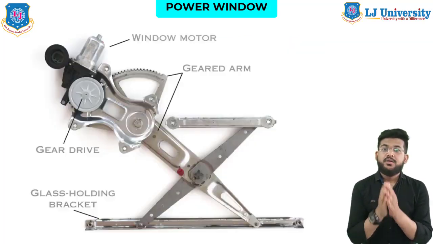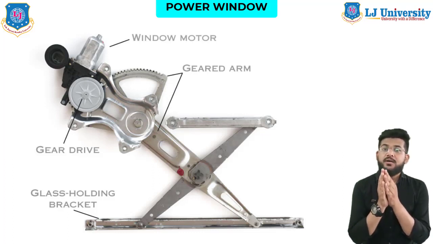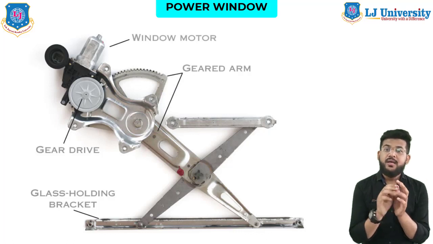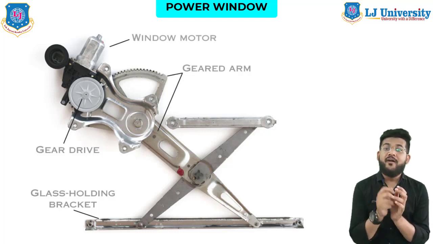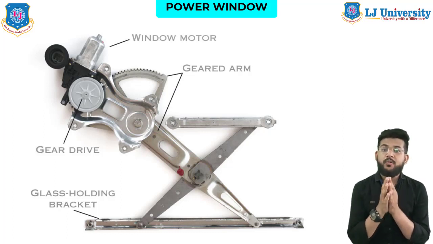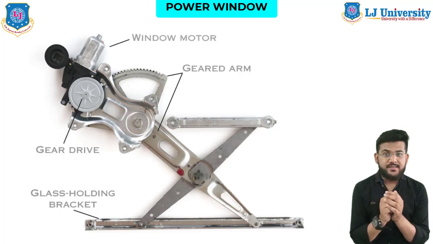So the lifting mechanism is actually the heart of the power window system. The window lift on most cars uses a really neat linkage to lift the window glass while keeping it level. A small electric motor is attached to a worm gear and several other spur gears to create a large gear reduction, giving it enough torque to lift the window glass.